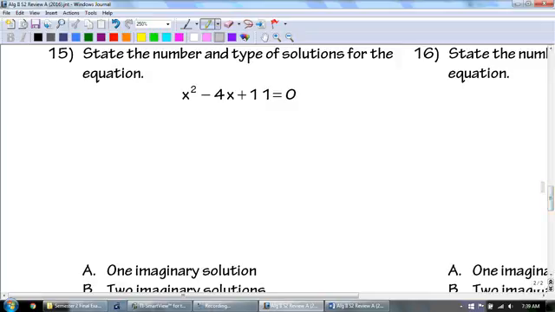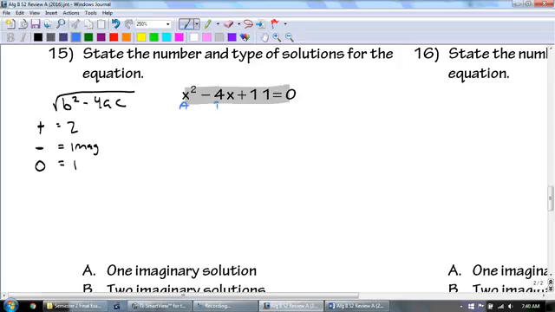Now, to state the number of solutions this has, what we want to use is called the discriminant. And the discriminant is the part underneath the square root. Okay? If it's a positive number, we're going to have 2 real solutions. If it's a negative, we're going to have imaginary solutions. And then if it's a 0, we're going to get 1 real solution. So we do that part underneath,